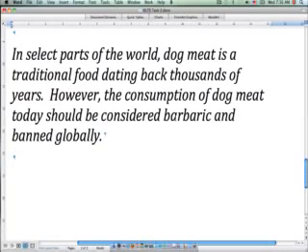So I think that on that side, probably the strongest argument would be just the length of time that people have been practicing this. Now, on the other side, the consumption of dog meat, I think that a lot of people would argue that dogs have acted in partnership with human beings for thousands of years. So in many ways, dogs have always been a part of human society, in not so much